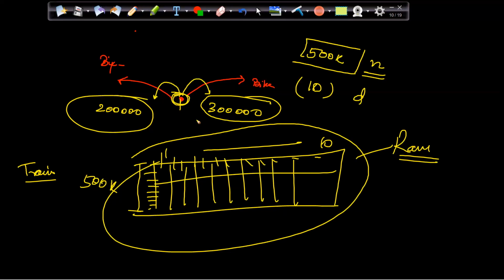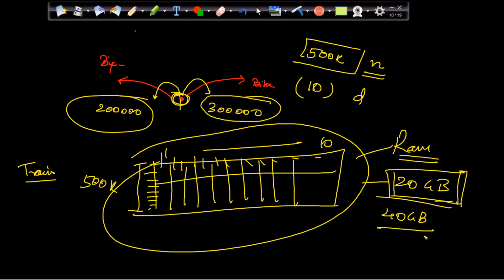Because everything runs on the RAM. Let's assume that this data size is 20 GB. That means I require a machine of 20 GB RAM plus some extra RAM. Let's say I want a 40 GB RAM machine